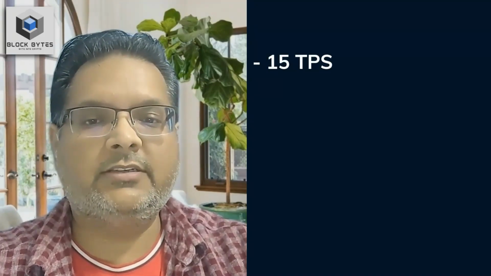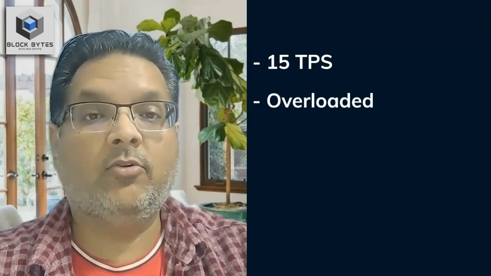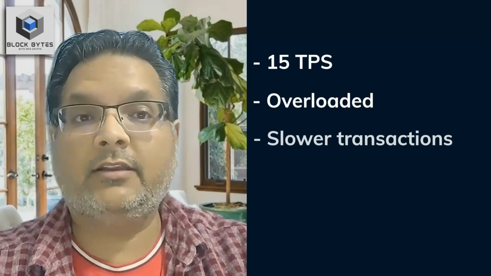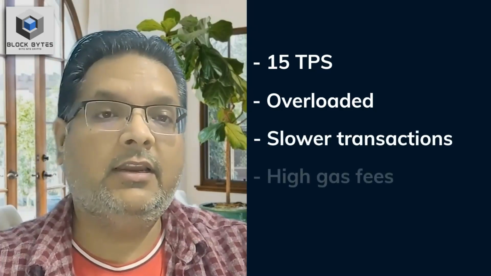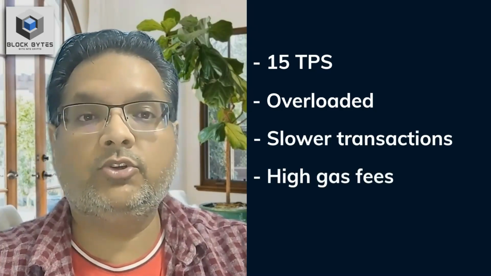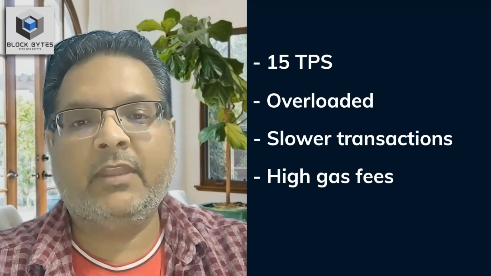With such constraints, the network becomes overloaded, resulting in slower transactions, higher transaction fees, and the network becoming useless for those who cannot pay. Hence, there is an urgent need to scale the network up, but without harming its decentralization